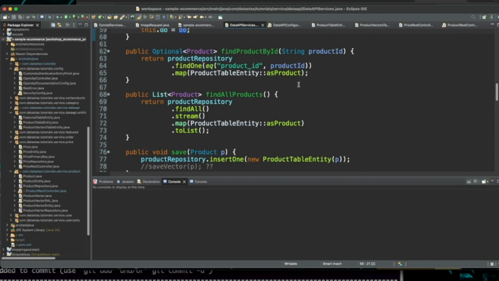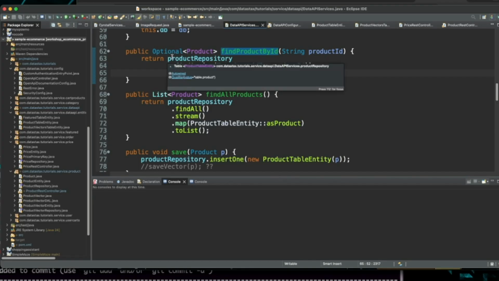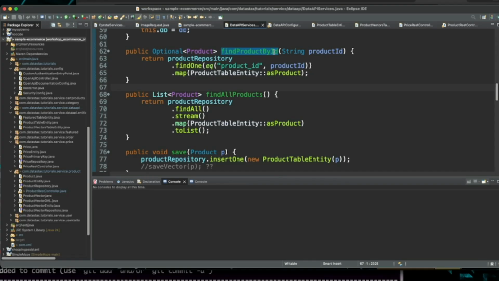You can see that we've put in a couple of getters out here, or finders, I guess, if you want to call it that. This one in particular, find product by ID, really just does exactly what it says. You take the product ID. This is what our RESTful method actually calls underneath.